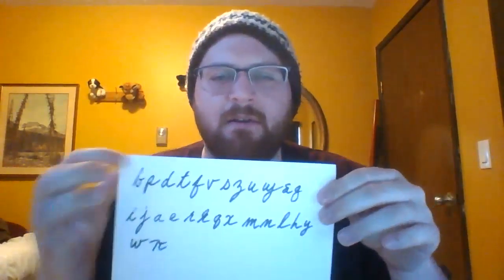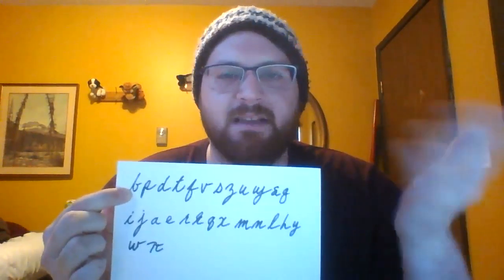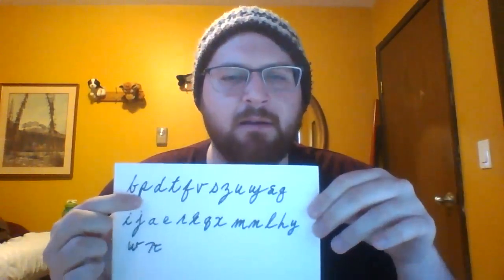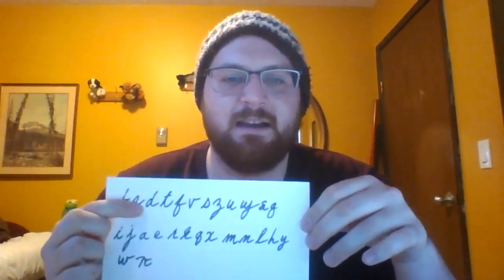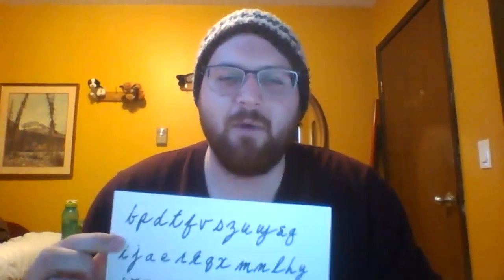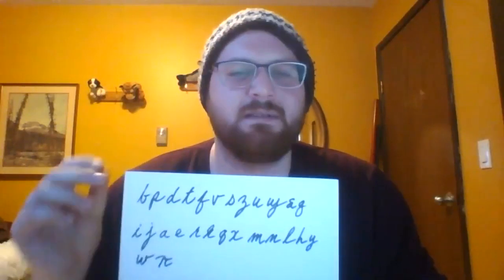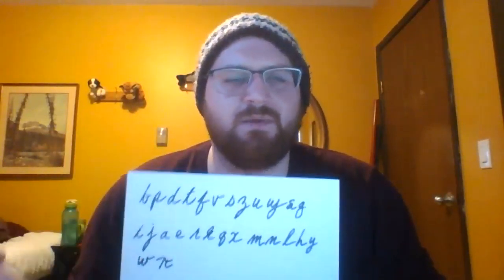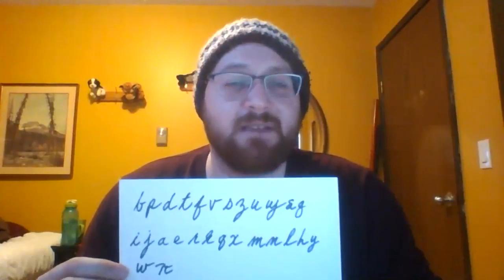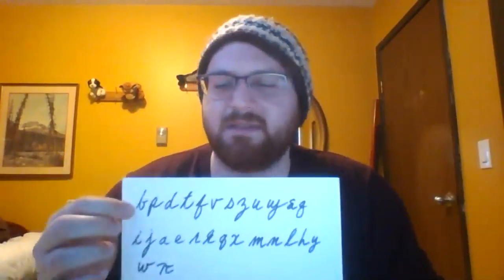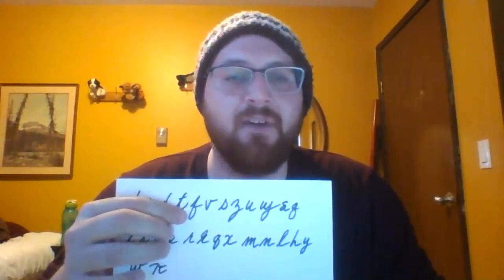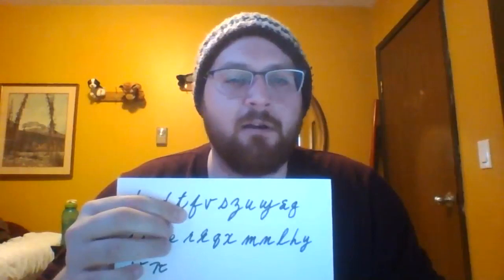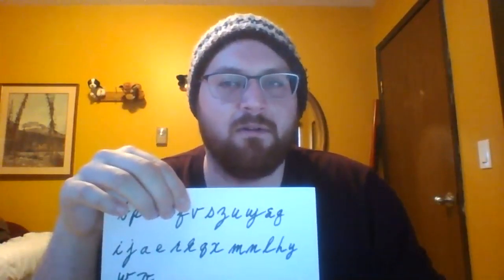So starting from here, we have B, you know, the typical B. And so I've just used the same B. Then we have P, so that's B as in boy. This is P as in people. This is a D as in D. I'm going to eventually give actual names to each of these letters, so I'm not just using the standard English words. I mean like full names, so it's not just the sound it makes. So we've got B, P, D, T as in toe or two, F as in favorite or far, V as in very or vicious,